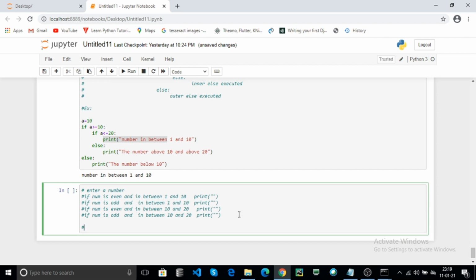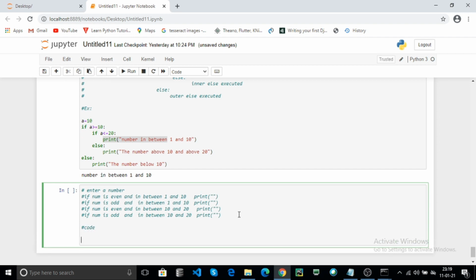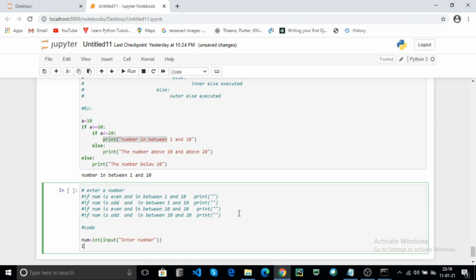Now code. Number equal to, take the input in a dynamic way. Then check the condition: if the number mod 2 equal to 0.